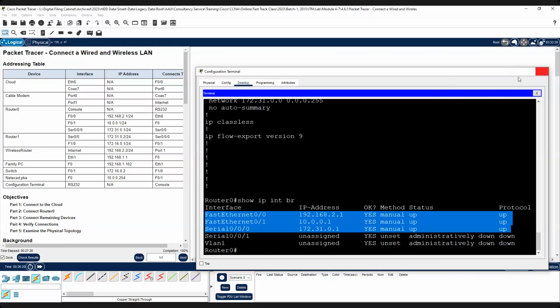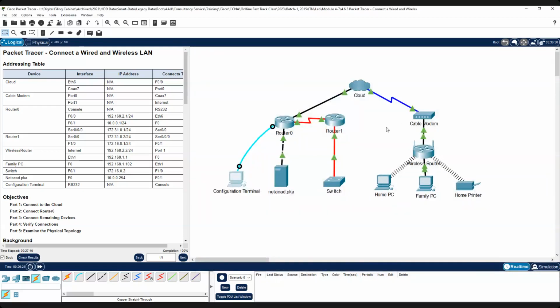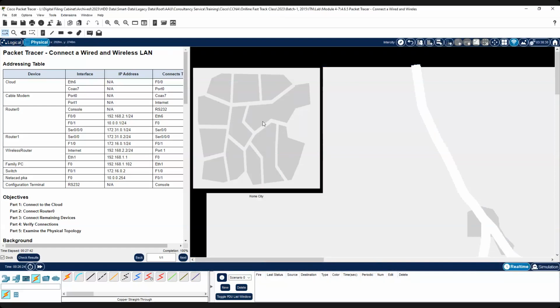So let us examine the physical topology። አሁን እዚህ ጋር የምታዩትን let us identify።